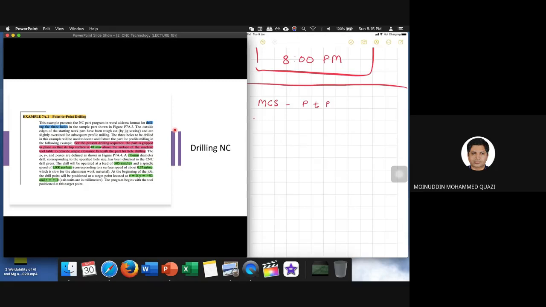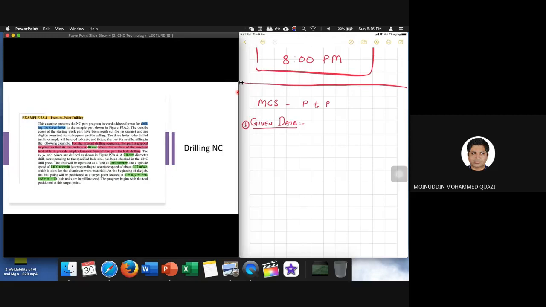What is the data which is given in the problem? It is important and essential to write the given data under the heading "Given data". If you write this heading in the exam, you are going to get marks for this as well, because you are reading the problem, getting the information from it, and you have started the process of analyzing the problem. That is why it is important to solve the problem systematically. So number 1 is given data.